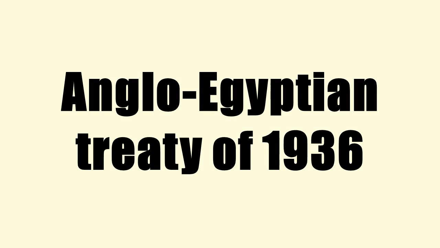The Anglo-Egyptian Treaty of 1936 was a treaty signed between the United Kingdom and the Kingdom of Egypt. It is officially known as the Treaty of Alliance between His Majesty, in respect of the United Kingdom, and His Majesty, the King of Egypt. Under the terms of the treaty, the United Kingdom was required to withdraw all its troops from Egypt, except those necessary to protect the Suez Canal and its surroundings, numbering 10,000 troops plus auxiliary personnel.